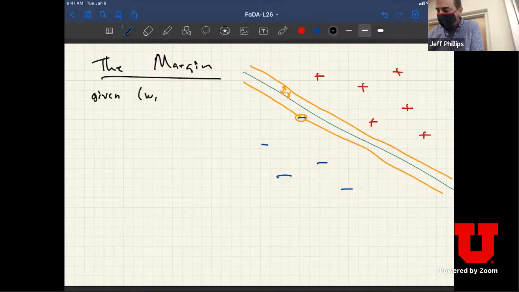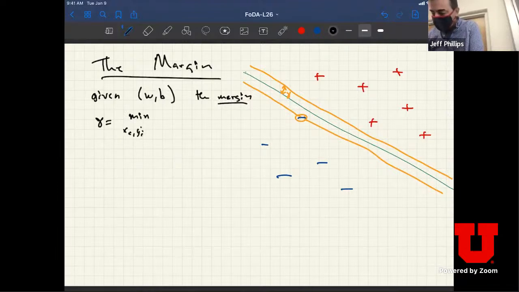Given, and we can define this more generally with a W and a B, the margin gamma is going to be equal to the min over xi and yi in the training data